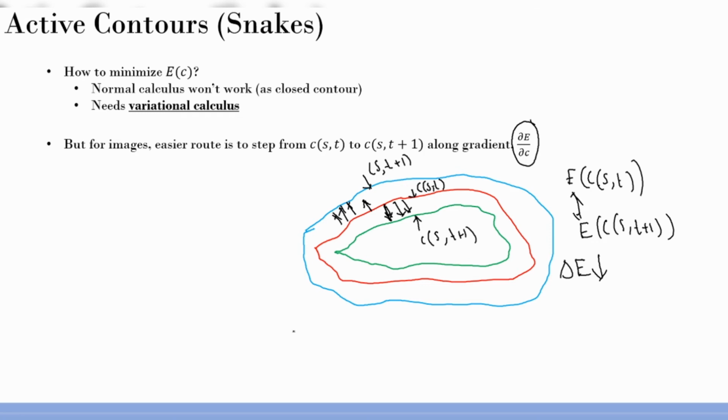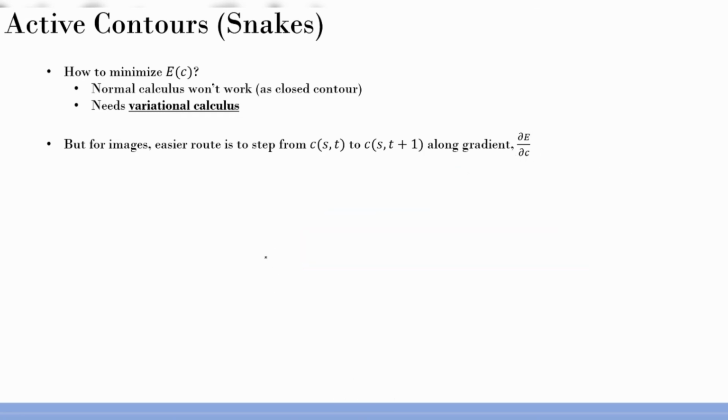That's what you saw in the demo, right? To reiterate, instead of doing it in an absolute sense, we define a time interval and have a new curve over that interval, and see whether the new curve, compared to the previous curve, is minimizing the energy. E of C, is it getting minimized from the curve at time t to the curve at time t plus 1? You might think that it's a very complicated way of doing it. We watch the evolution until E of C is not going to change much from t to t plus 1. Then you converge. You might think that it's very difficult to implement.